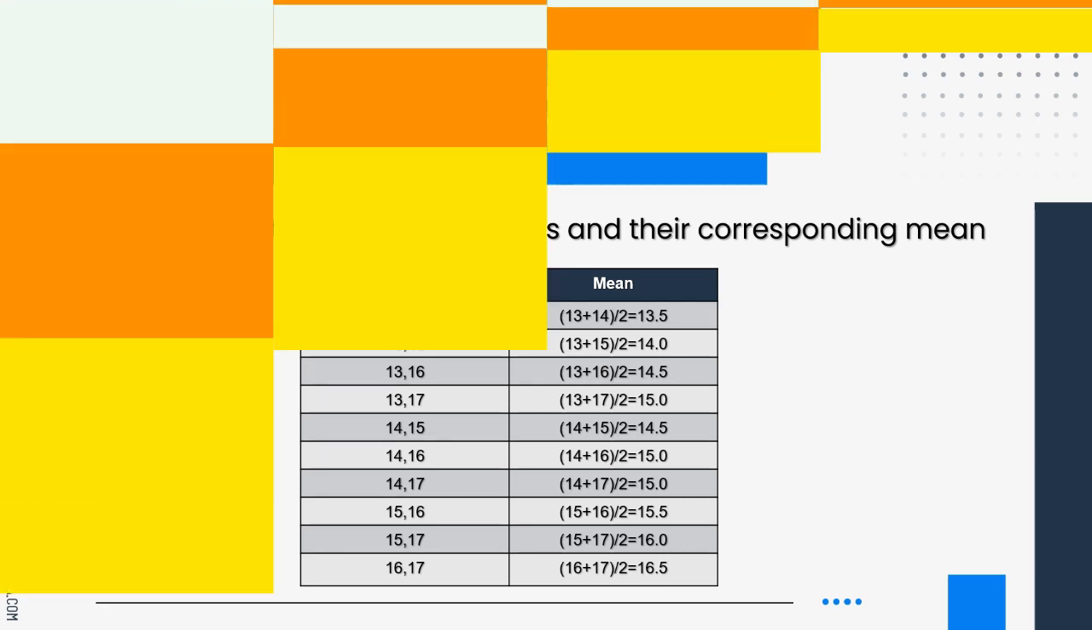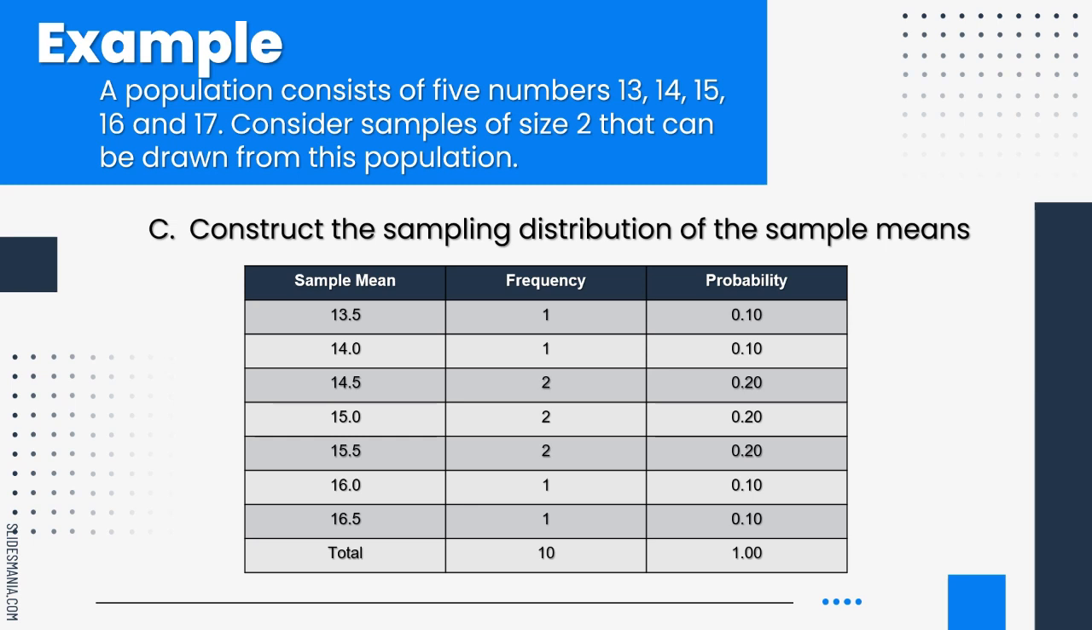and so on. For the third step, let us construct the sampling distribution of the sample means. We have 3 columns in our table. First is the sample mean, second the frequency, and third the probability. We have computed already from our previous slide our sample means, that is 13.5, 14.0, 14.5, 15, 15.5, 16.0, and